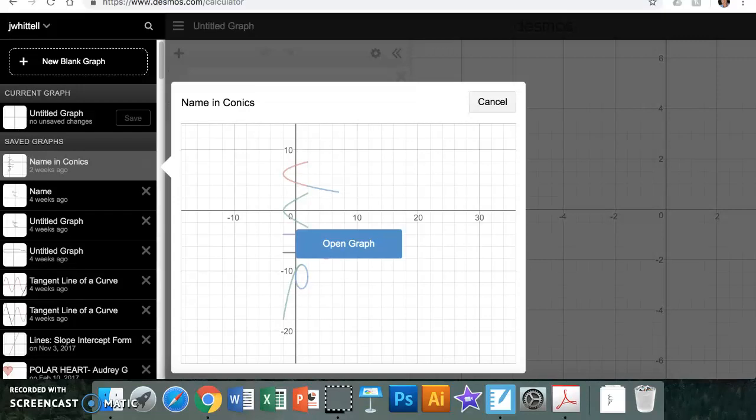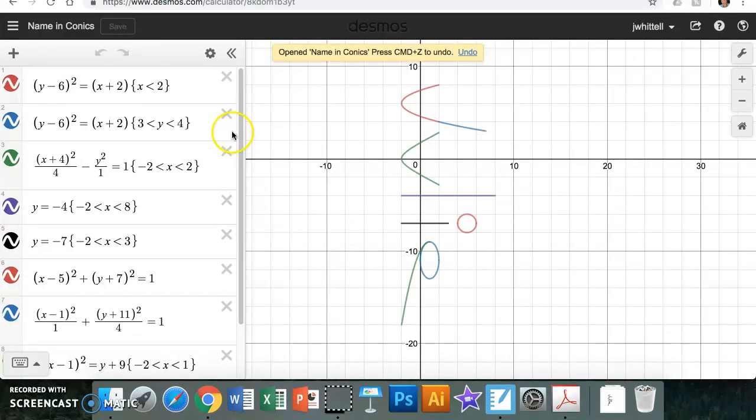Okay, so here is the Desmos front page, and there's my graph, named Conics. So I'm going to open up that graph. Okay. And the first thing you want to do is change all the colors of your graph